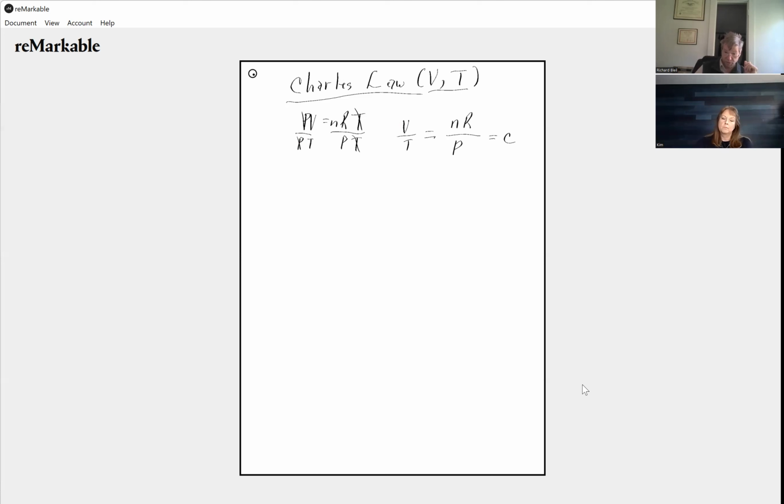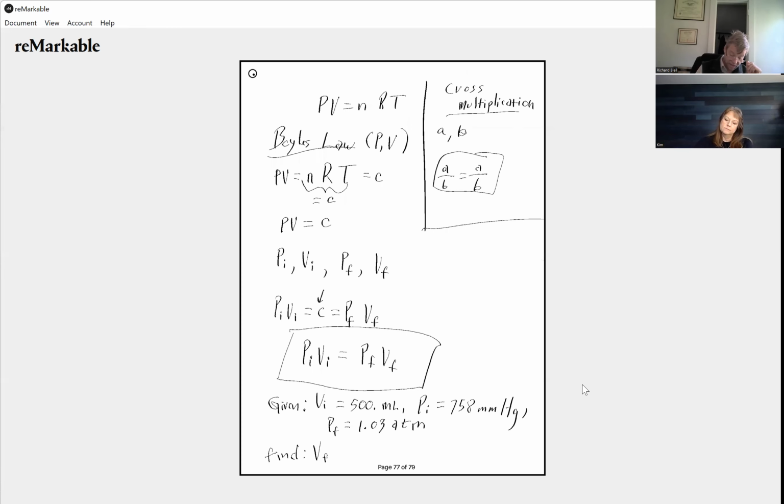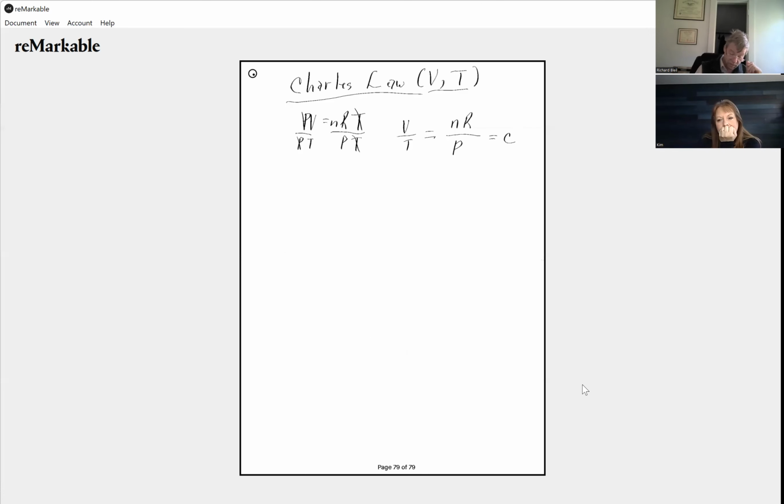Volume over temperature is a constant. Now, once we see that relationship, here's the important thing. The relationship in Boyle's law says you multiply pressure times volume. When we do it here, we see that we divide volume by temperature. So Charles's law, or Chuck's law as his friends would call him,